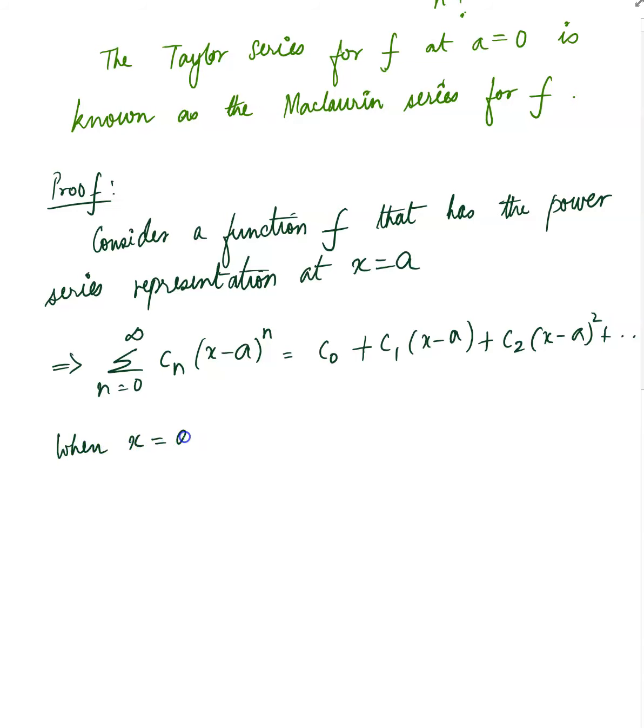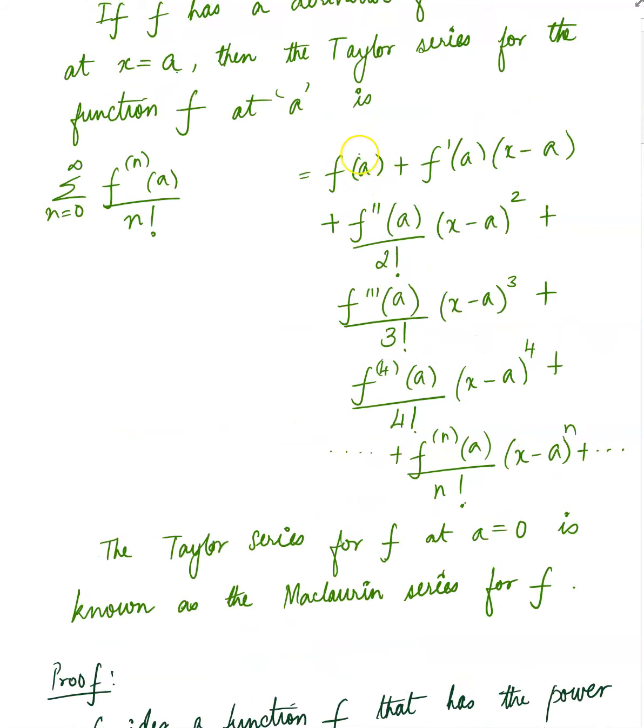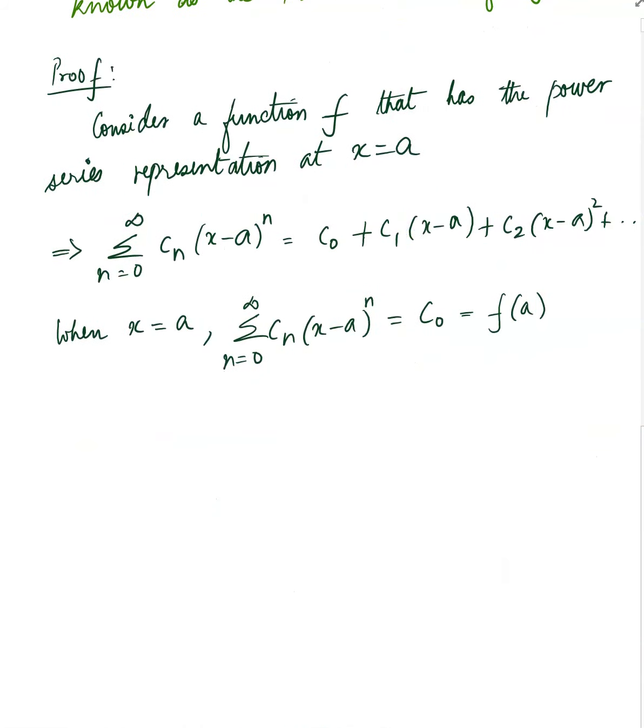When x is a, this series that you began with just reduces to C0, because wherever you have x, if you plug in a, a minus a will be 0 for all the other terms. And C0 is the same as f of a, because you're trying to match it with the first term. The first term was f of a when you expanded this. So we're trying to use that notation there. All right, take the first derivative